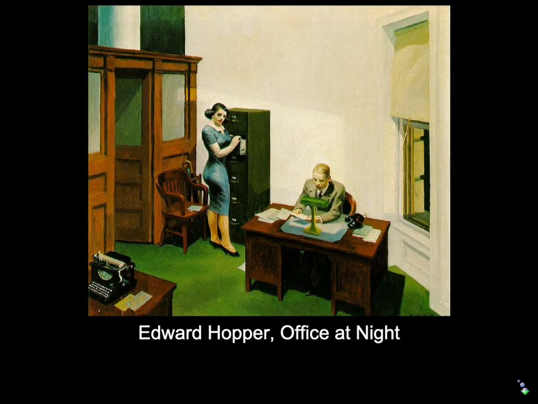I want to look at one other Hopper painting, and I've chosen this one partly because it does all these things we're talking about, but also partly because we happen to have a lot of preparatory sketches by him for the composition of this painting. And it becomes really, really interesting to see that. So we have a scene in an office, business office. And of course, business is the business of America this time. This is so American. The man in the suit at the desk with the green desk lamp, pushing papers, typewriter, a secretary, and so on. So here he is.